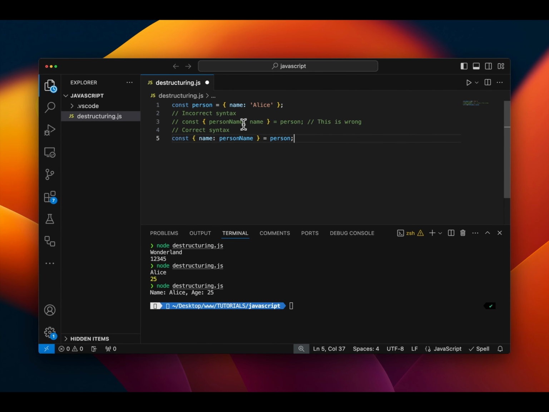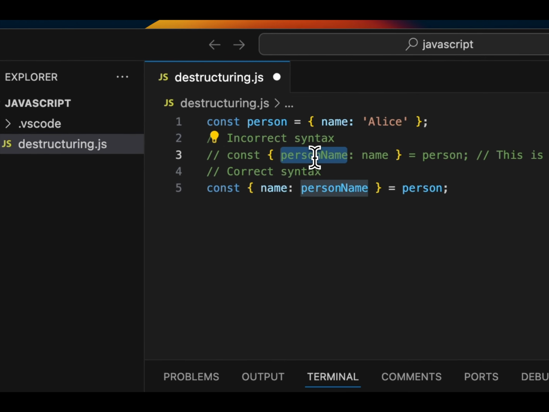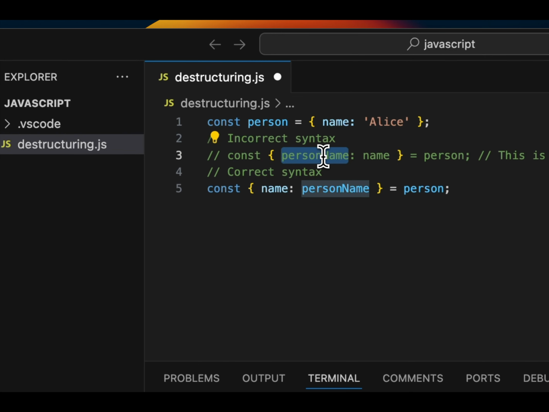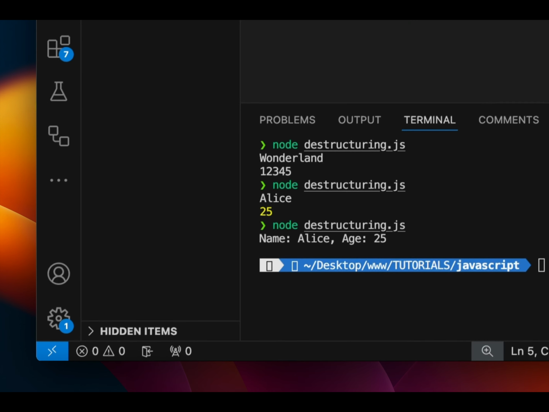Also, remember, sometimes even myself I confuse the syntax. So you cannot call the alias in the destructuring. You always need to call the destructuring property and the renaming that you're giving to the destructured variable. So if you have name here, name should come